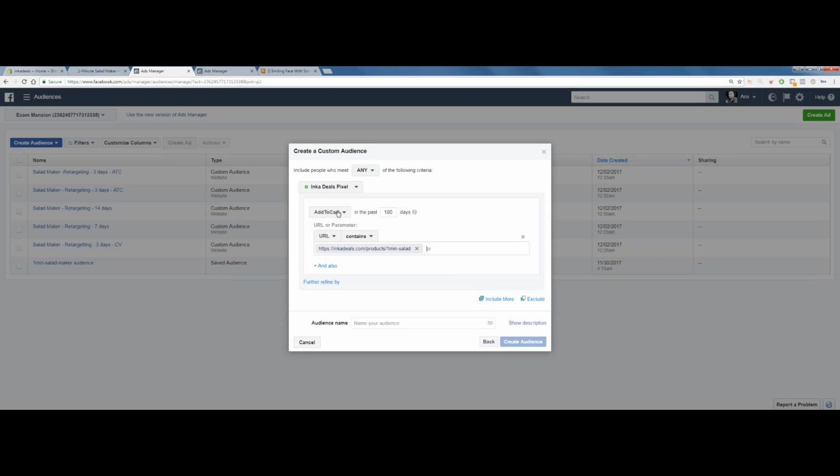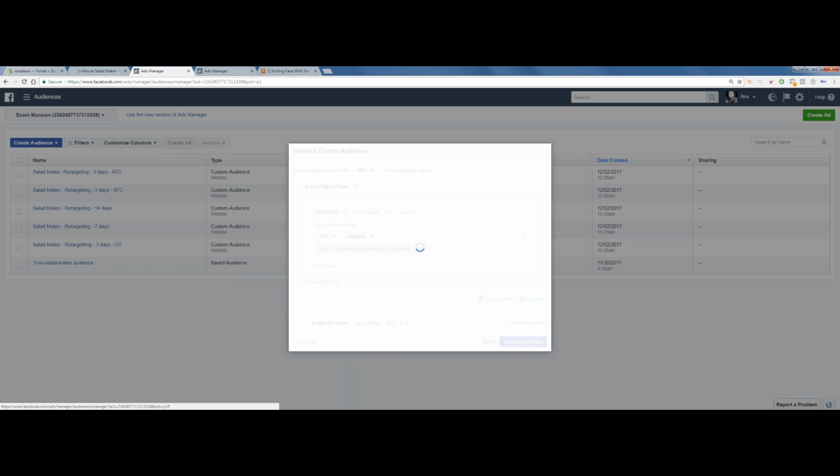Okay. Add to cart activity from the event from the pixel in the last 180 days for this product, and we're going to name it Salad Maker ATC add to cart LLA. We're going to create that.